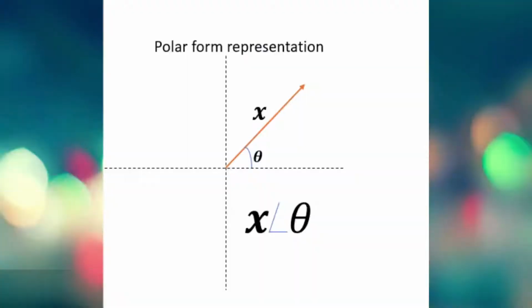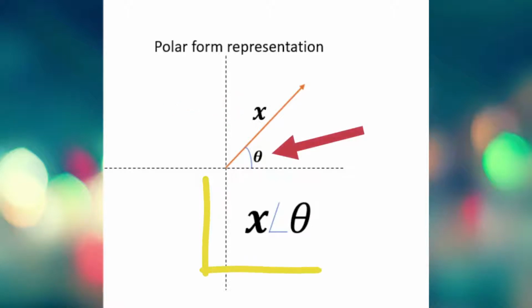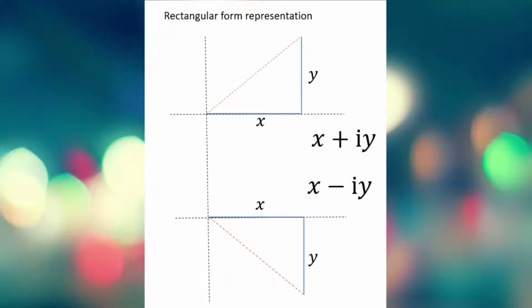Apart from graphical representation, we have 2 more types of representation. One is polar form representation, where we take magnitude with an angle and represent it like this, x something to the angle theta. The other one is rectangular form representation, where we represent 2 different things on the x and y axes. If y is positive, that means the angle it is making with the x-axis is positive, and we represent it in the first way, otherwise in the other way. It can be present in all the 8 directions.